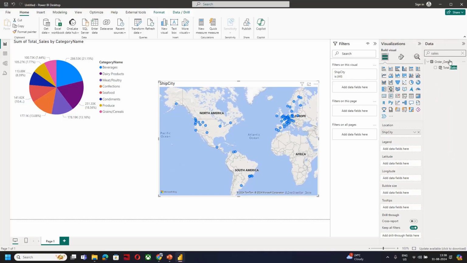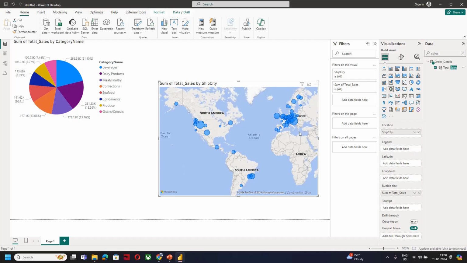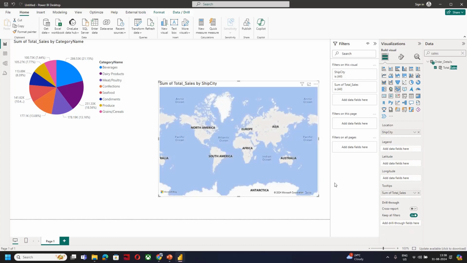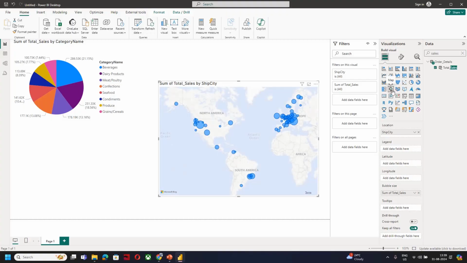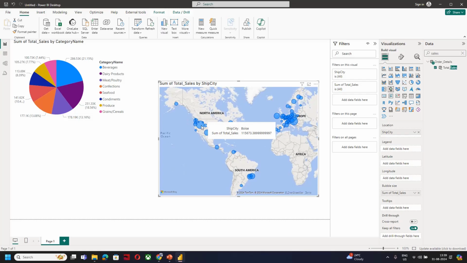अभी इसके अंदर हम अपना सेल्स डाल के देखते हैं। सो आई जस्ट पिकअप सेल्स एंड विल ऐड इट टू बबल साइज। सो यहाँ पे जो बबल दिख रहा है उनकी साइज चेंज हो जाएंगे। सो ये एक तरीका होता है। फिर अगर आपको ये चार्ट पसंद नहीं आ रहा है, जस्ट क्लिक ऑन अदर वन एंड इट विल ऑटोमेटिकली अपडेट फॉर यू, राइट। सो चार्ट चेंज हो जाएगा। सो अभी हमारे पास में दूसरा चार्ट आ गया। सो बहुत सारी ऐसी चीज़ें हैं जो आप करोगे और आपको सीखने मिलेगी। फिर आप इंटरैक्शन भी कर सकते हो कि यहाँ पे क्लिक करने पे क्या होना चाहिए, कहीं और क्लिक करने पे क्या होना चाहिए, राइट।